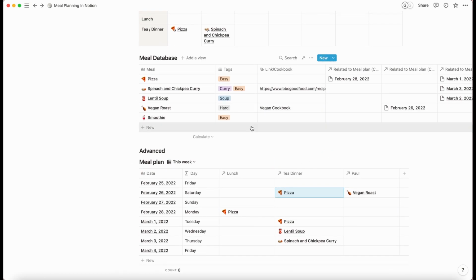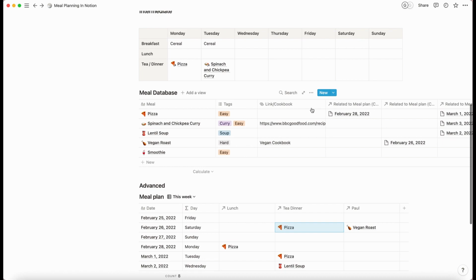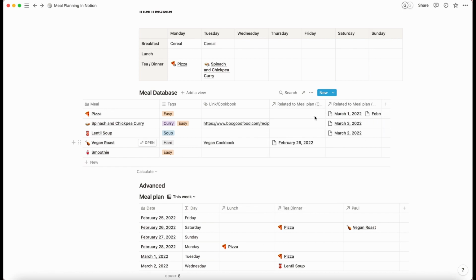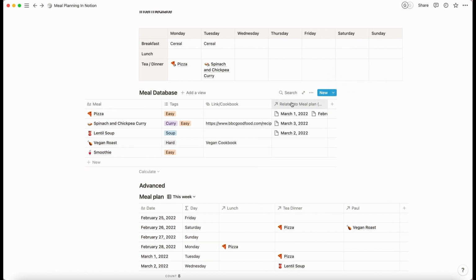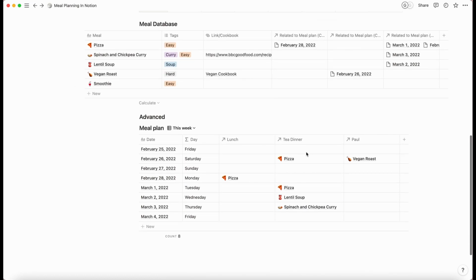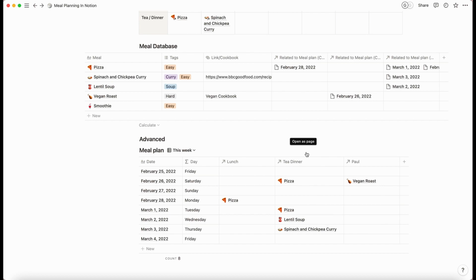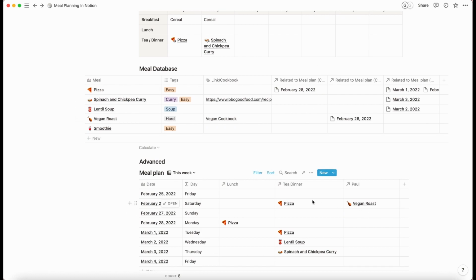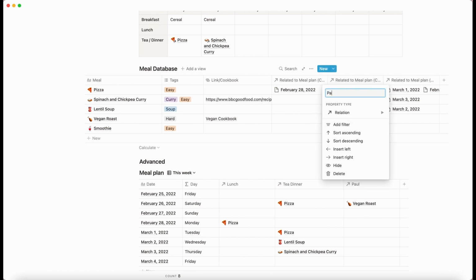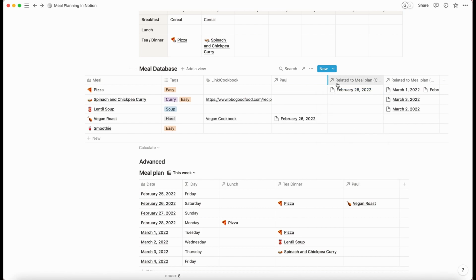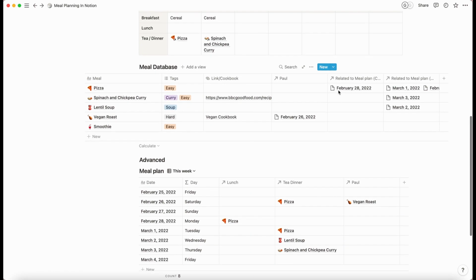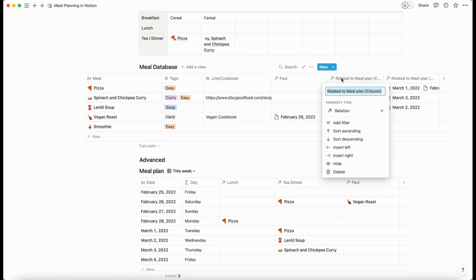And another cool thing is that, by the way, in your meal database you're going to have all these relations showing up. You can literally just hide them. Obviously you might want to name them. Actually, I'll tell you what, let's undo that, because this is where it gets kind of cool. Well, I'm just going to ride this tangent. Okay, so here we can see that this is Paul. Why did it just do that when I didn't even label it as Paul? Or maybe I did. And this is